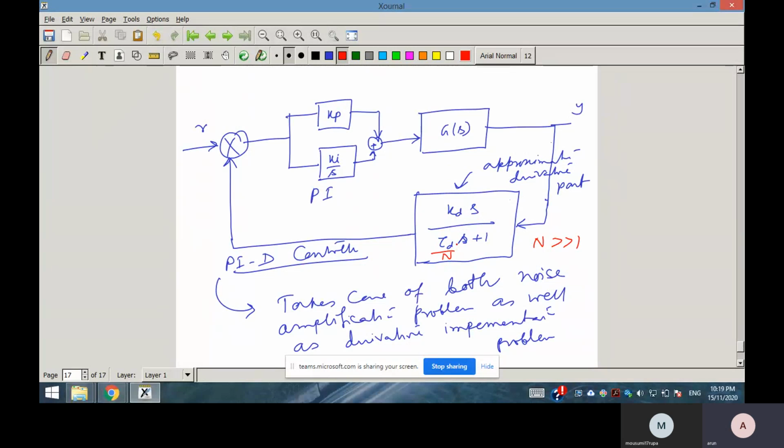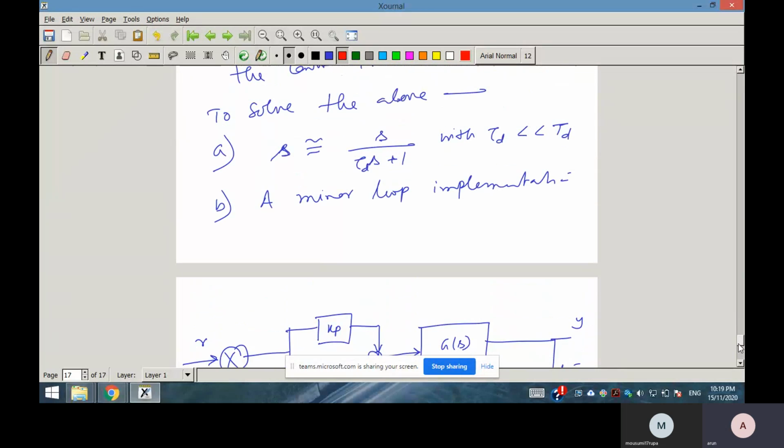And if you choose tau d by N more, then what will happen? Then again this will affect the system performance, system behavior. So that's the trade-off we have to make. So normally here, if you choose N equal to 1, then tau d is chosen as 0.05 to 0.1 times of Td. Much less than the derivative time constant, 0.1 times at least. Okay,